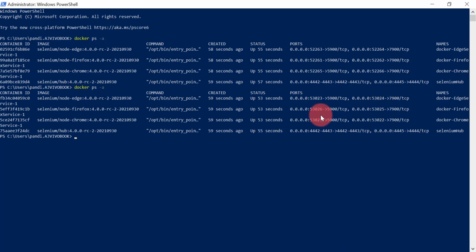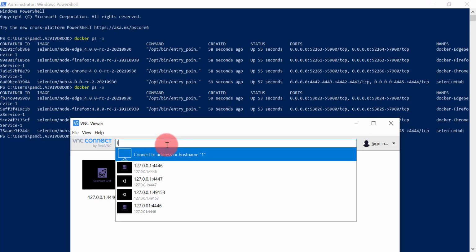And for accessing the VNC service, you just have to use the VNC viewer application. Here also we just need to add the IP, 127.0.0.1 localhost, colon, and just provide the port. This time let's access the Firefox VNC service at 53026.